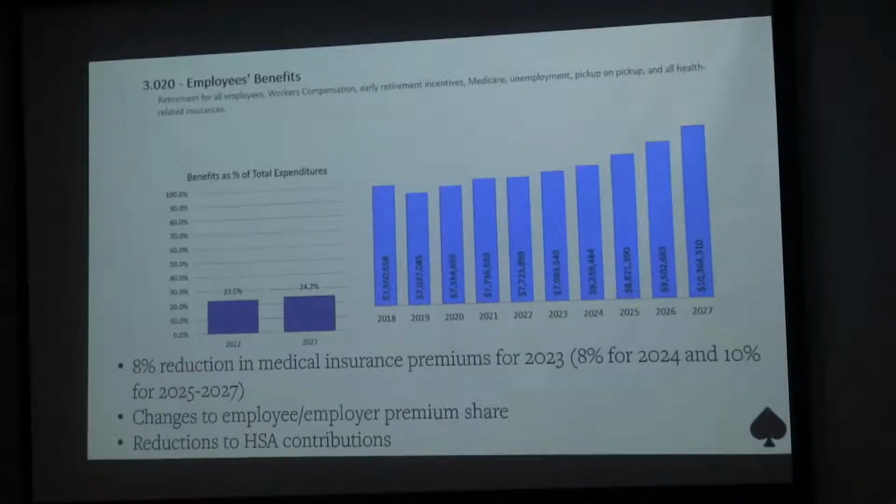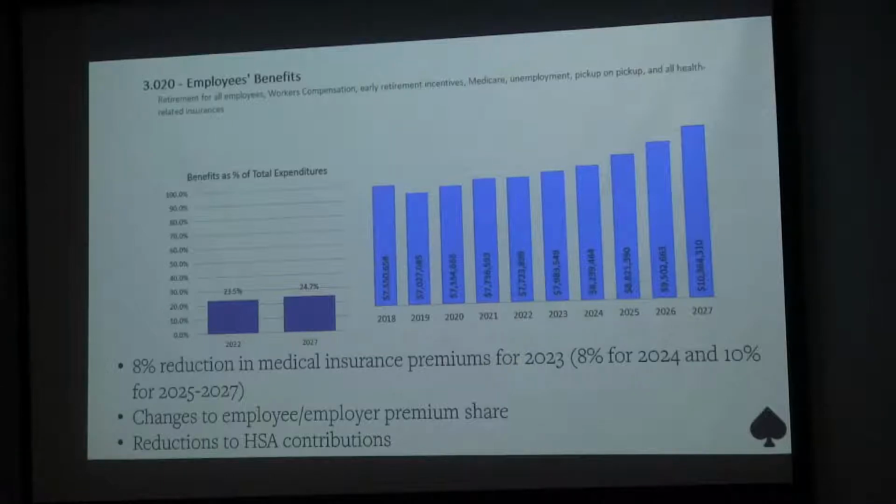However, I would like to give a huge recognition and kudos to everyone involved in the 8% reduction to our medical insurance premiums for 2023. That is huge and unheard of right now and should not be expected to continue. So we have an 8% reduction in our medical insurance premiums for 2023, an 8% cap for 2024. So when we're out in 2024, which crosses 24 and 25 on this graph, our medical insurance premiums will be no higher than they are today.